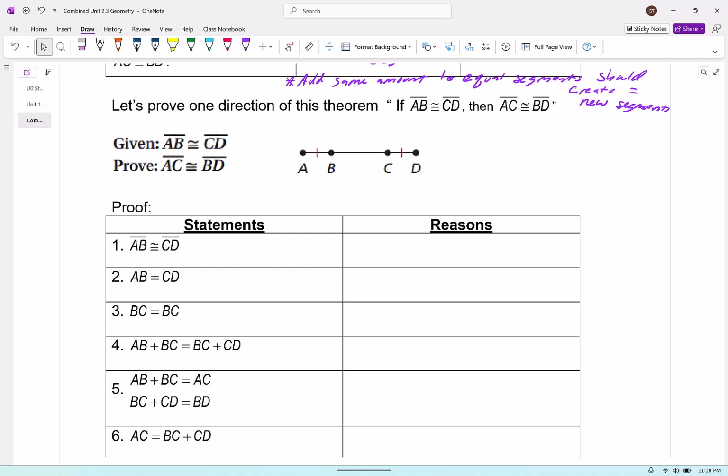So the statement AB equals CD, well, the reason is that's given to us. There's step one. You always make sure you're doing step one at least, because that's given to you at all times. So if they're congruent to each other, then we can say that they are equal to each other, and that's the congruent segments